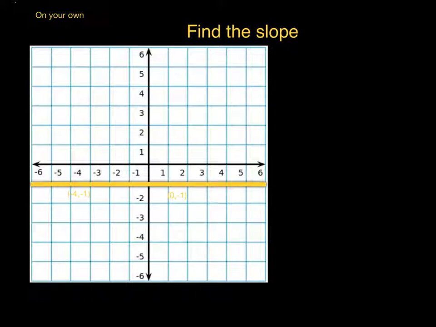Here's another one of those special situation type lines where you got to find the slope. Try this one. Okay, if you got this one, you should have got the run. If you start here, you could go 1, 2, 3, 4, 5, 6. So you would have had a negative 6 on the bottom. But you don't go up or down any. So you put a 0 on the top, and a 0 over a negative 6 is a slope